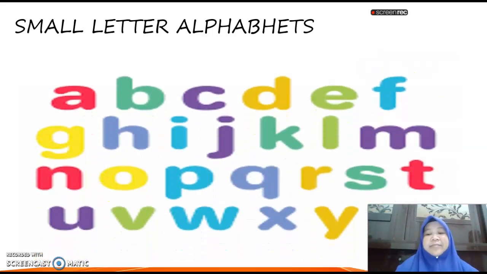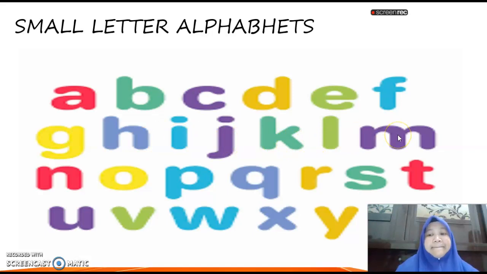We start with A, B, C, D. If you look at this letter and this letter, it's quite similar, isn't it? But it's totally different. This letter is B and this letter is E, F, E, H, I, J, K,